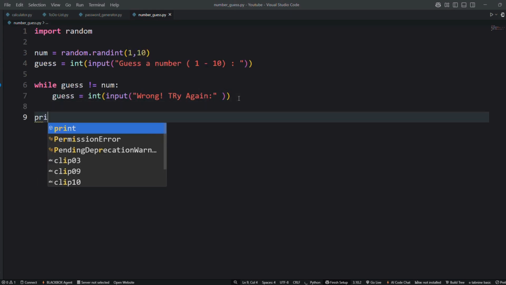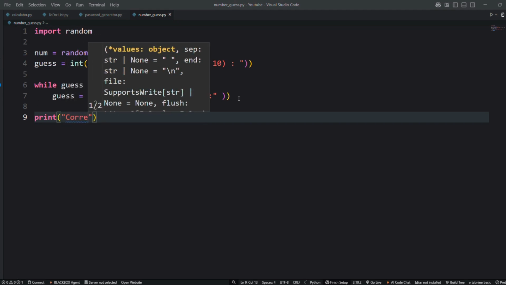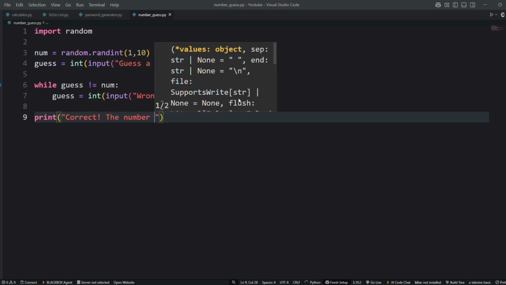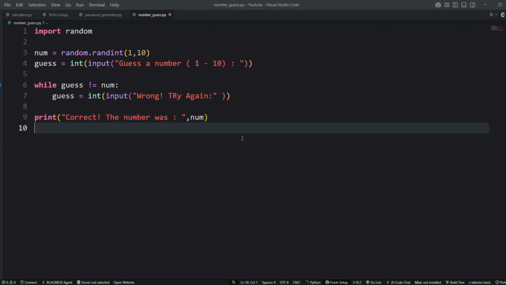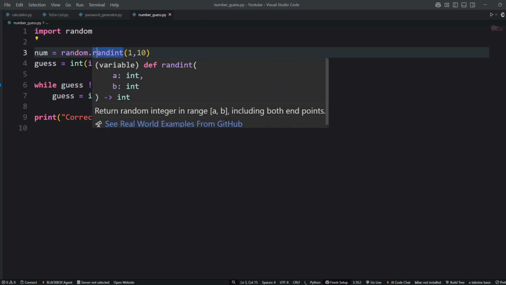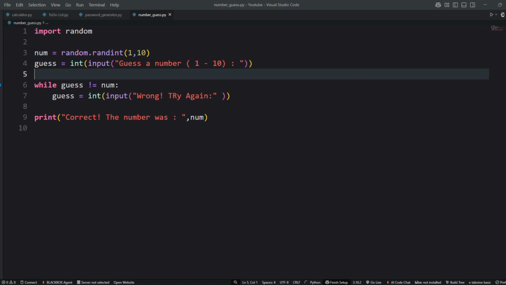Then we ask the user to guess it. If the guess is wrong, we keep asking until they get it right. Once they guess correctly, we print a success message. Simple and fun.